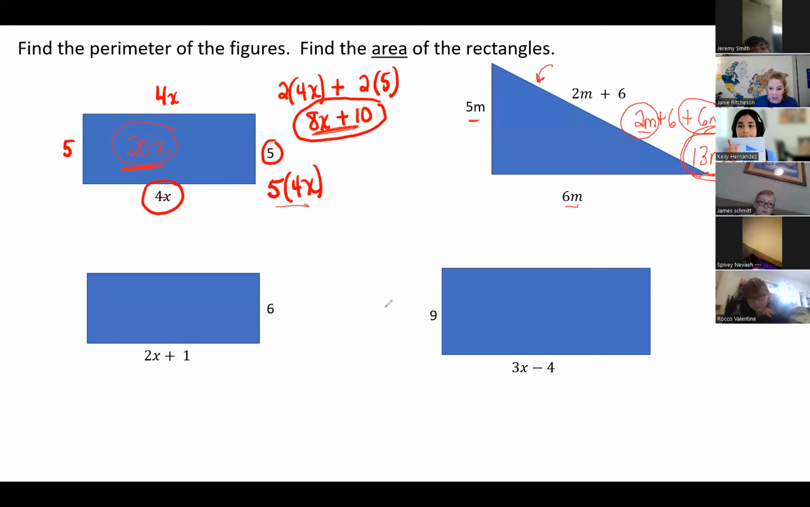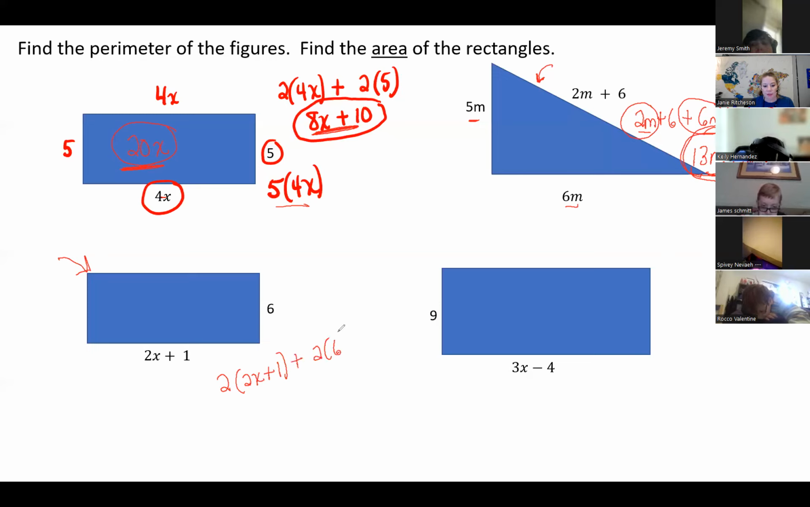All right. So let's do the next one. What do you want to do first? Area or perimeter? Perimeter. All right. Let's do the perimeter. Everybody, I want you to double 2x plus 1. And then I want you to double 6. And now I want you to combine like terms. Everybody try that. Ready, set,